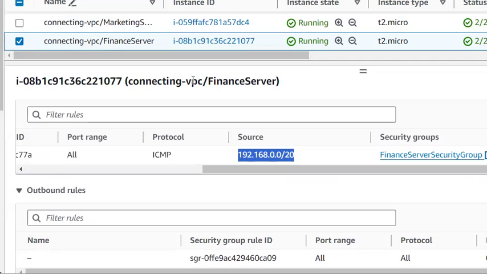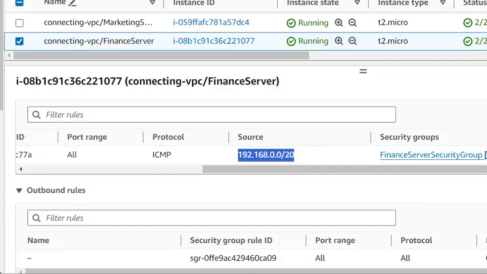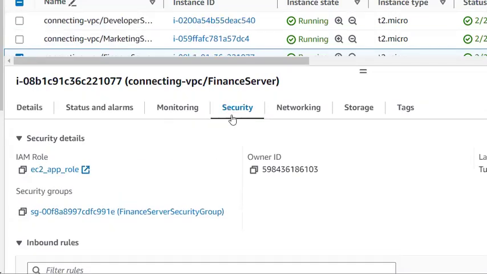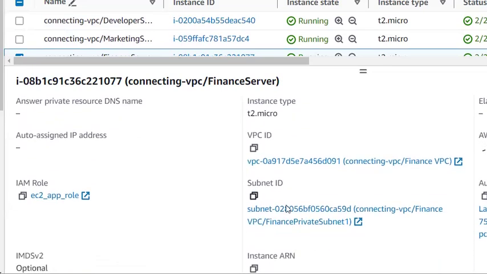Now let us see whether the subnet where this server is present is allowing the traffic from this developer VPC or not. We configured this also, so let's verify that. In which subnet is it? You can see the subnet is this. Now I'm just opening this subnet